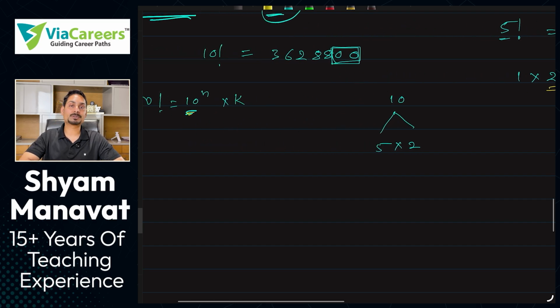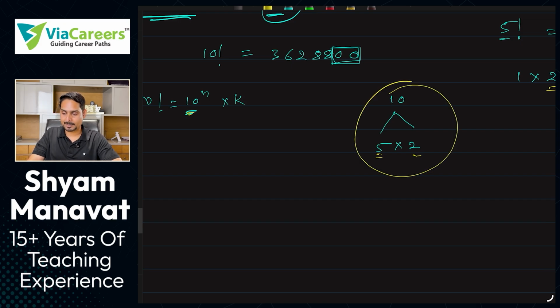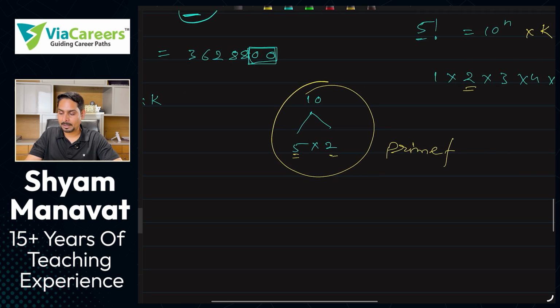Whenever you get any composite number and you need to find out what is the maximum power of this composite number in the given factorial, you first split that composite number and convert that into prime numbers. Always first convert them into prime numbers, okay? After that, convert into prime factors. If it is a composite number, what do you do? Write in form of prime factors. Now we need to try factors.